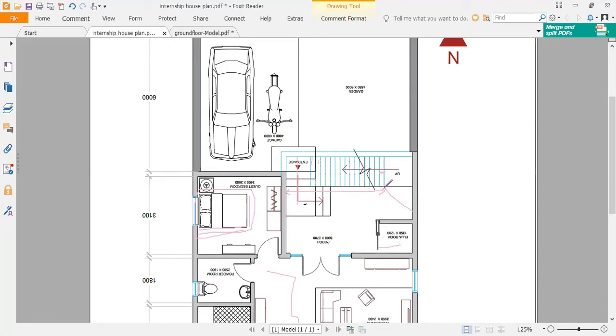Sir, I had one question. The riser, what if I provide around 200? Is that too much rather than 150? See, the height of the riser depends on comfort. It varies from building to building.